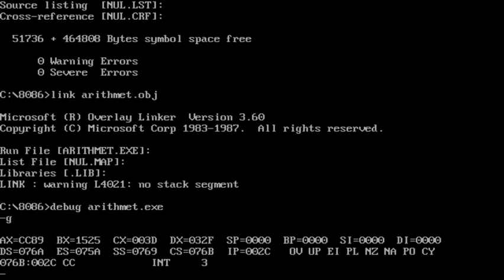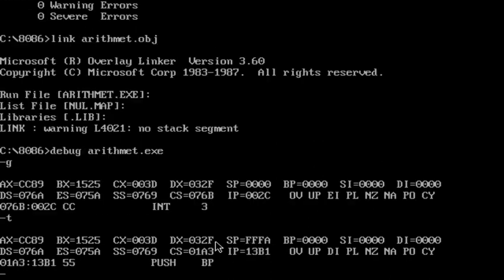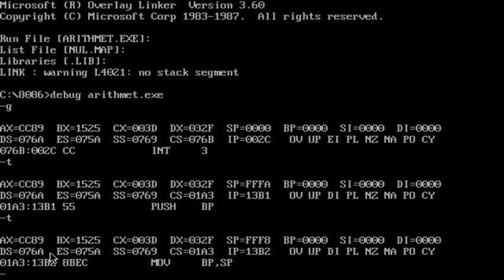Finally, after completion of the complete program, we have done the multiplication where we got the result CC89. So the AX register is used to store CC89. The most significant word is stored in the DX register, that is 032F. Otherwise, if you want to go step by step, just type T. Finally, this is the final operation we are getting.